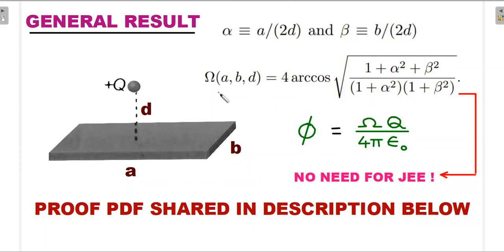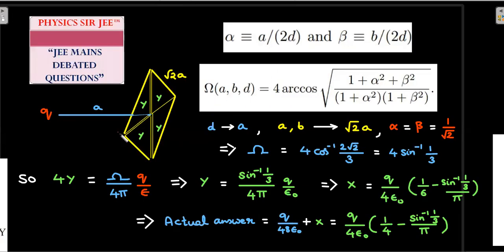Okay. From the solid angle, we all know, this part, the green colored one, is the one that is needed definitely for JEE. The value of the flux associated, once you know the solid angle, is given by the solid angle divided by 4 pi into q by epsilon naught. So I'll borrow this and try to see the answer in the case of that problem I built. Okay, so I borrowed this problem. This is what we were trying to solve for the value of y. And therefore here the rectangle has become a square. I'll try to generate the value of alpha and beta and use it in this formula.